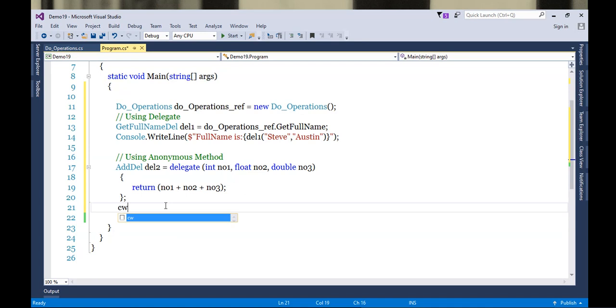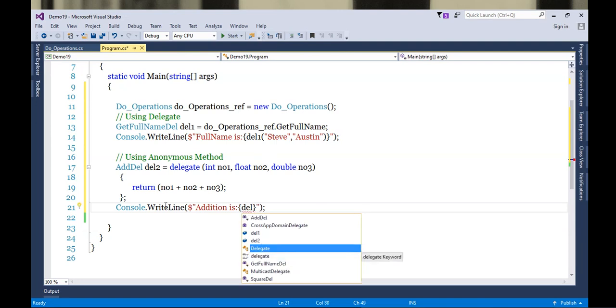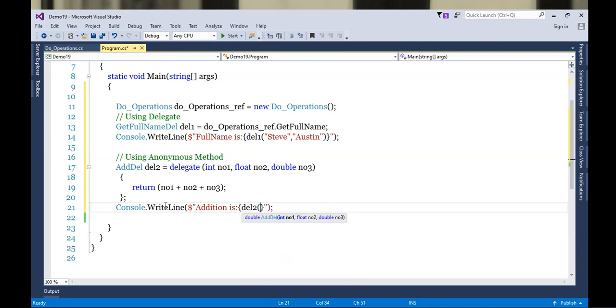So we'll use Console.WriteLine. Let's specify the message like addition is delegate 2, and in brackets let's specify the values.